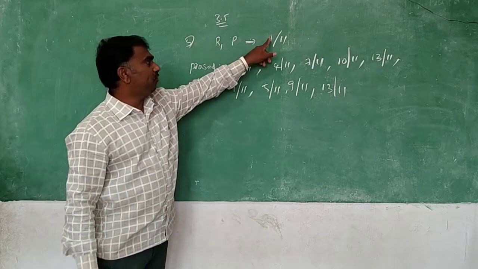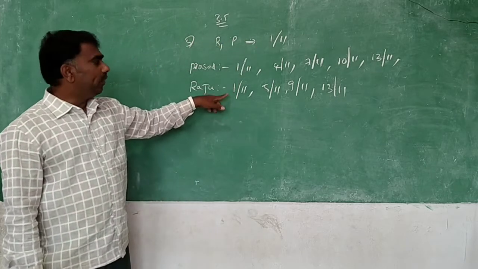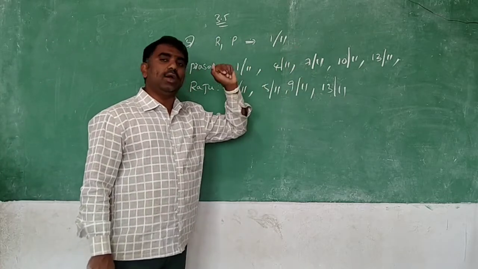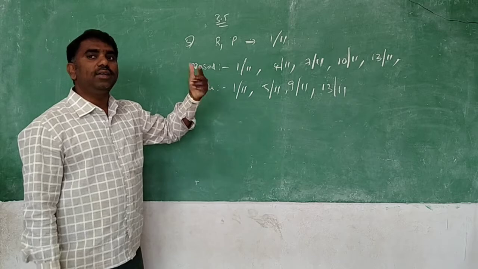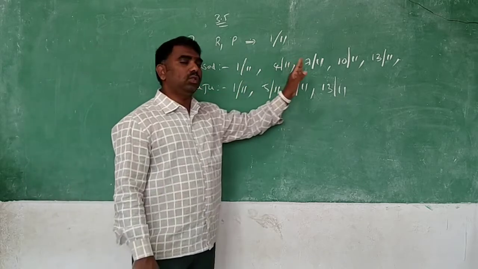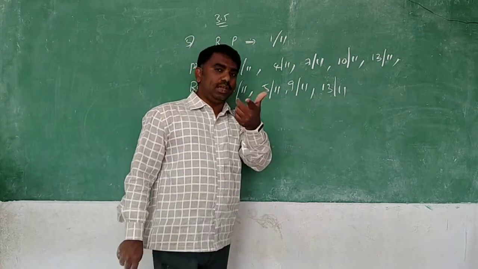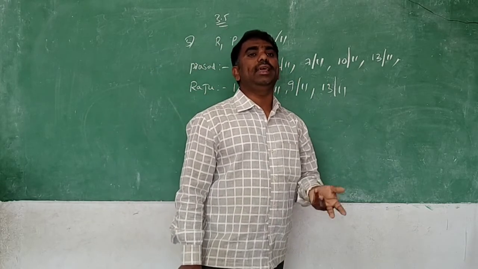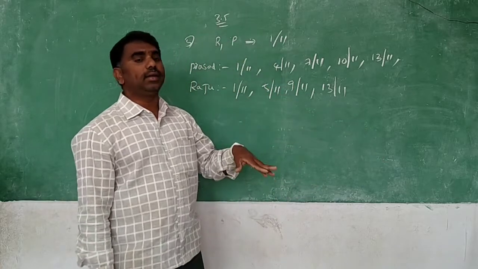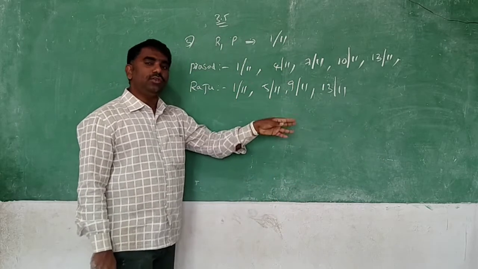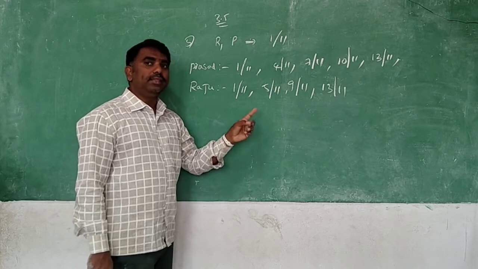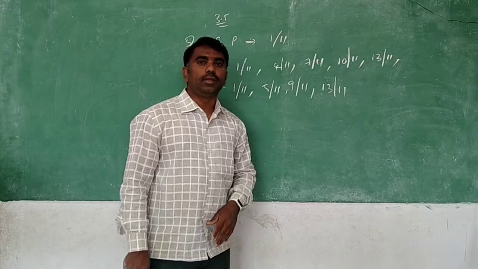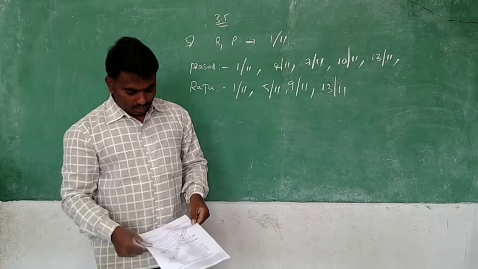Both of them went on the first, that's why I have written first. Prasad goes every third day, so I have written the days he goes to market. Raju goes every fourth day, so I found the days Raju goes to the market. The main question is when they will meet again in the market. By seeing these dates you can find it. Already they met on the first; next, find when they will meet in the market.